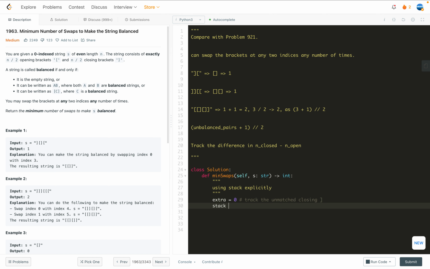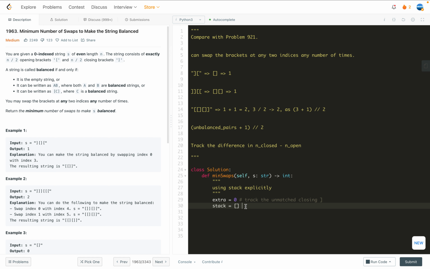Then I also use a stack. The stack will basically track the number of unmatched open ones, but because we have n over 2 and n over 2 both, when we do the computation, we just need to compute the